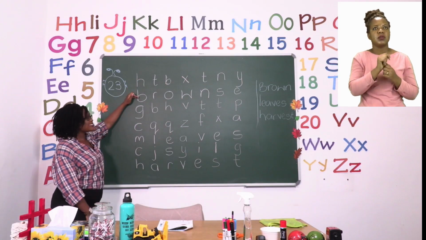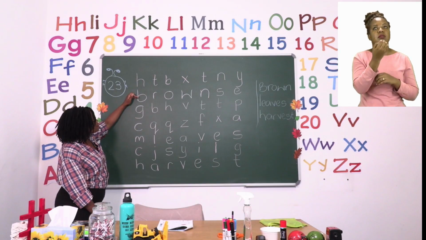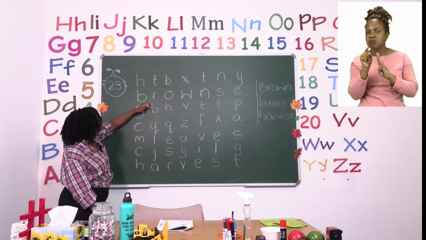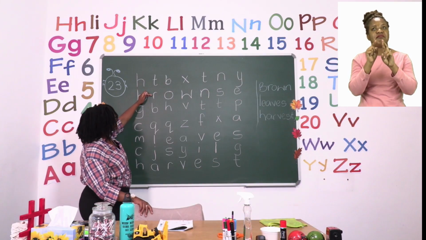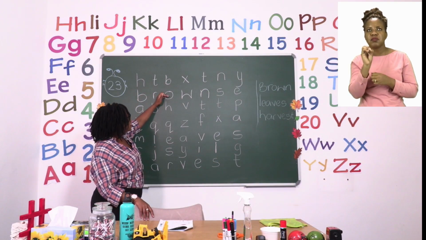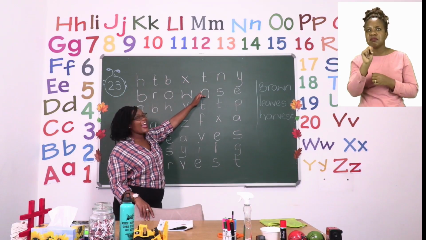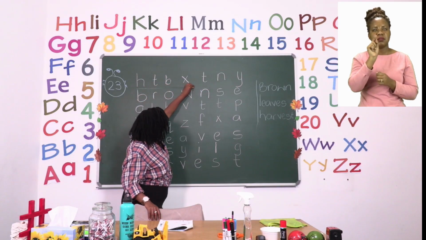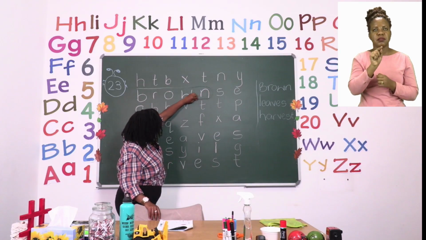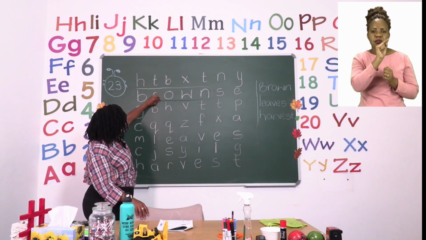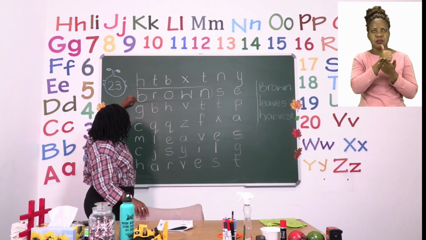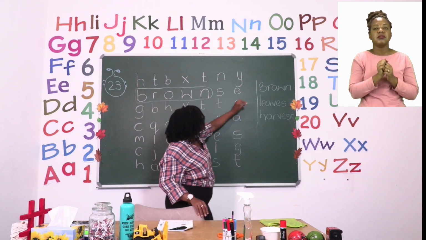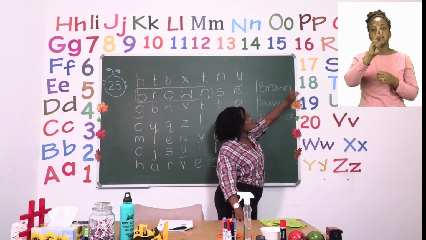Yes, I have found a B. Now I need to find an R next to the B. There's no R here, there's no R here, but there's an R here. And I can see that there's an O as well, and a W and an N. So we have found our word brown. Now I would like you to please circle your word brown. Make sure that when you circle, you do it neatly, trying hard to make the line you're using very clear. And because you have found the word brown, you need to either tick or cross it out from the word